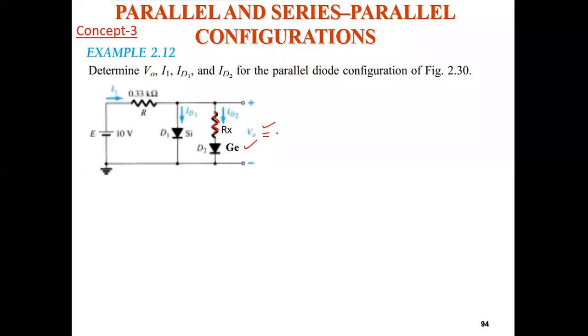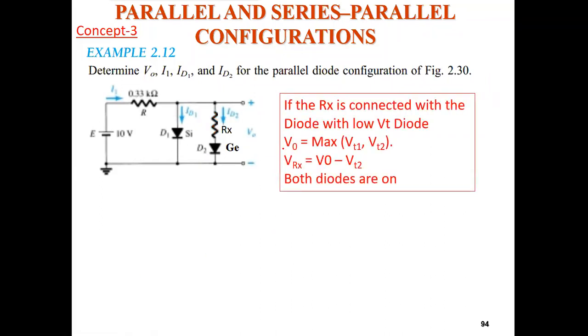सिलिकॉन का मतलब दोनों जो है it will be equal to actually max of the VT1 and VT2. Okay, so that is equal to max of VT1 and VT2. Okay, so that means V0 will be 0.7. ये जर्मेनियम के एक्रोस में कितना वोल्ट रह जाएगा? इसके एक्रोस में कितना वोल्ट रहेगा?